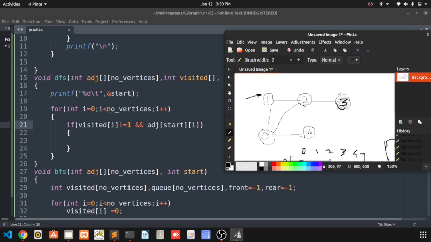And while finding, we can take from any of 1. We can also go to 2 or also go to 4, that doesn't matter. So it will go to 2.